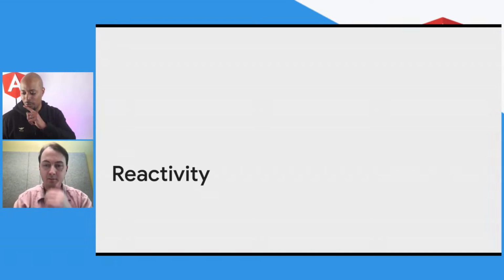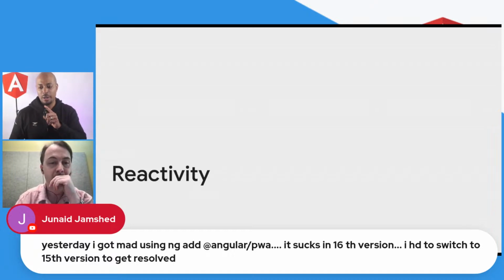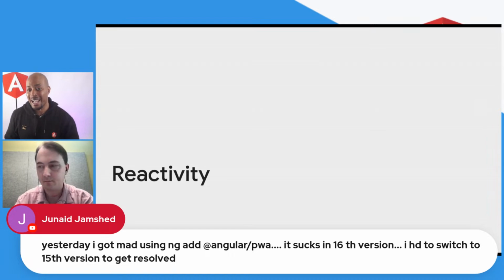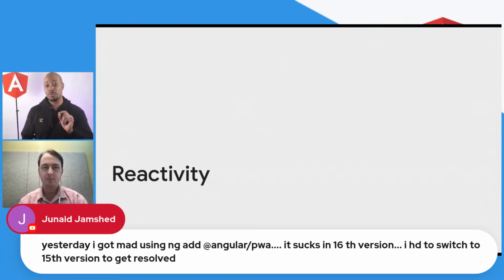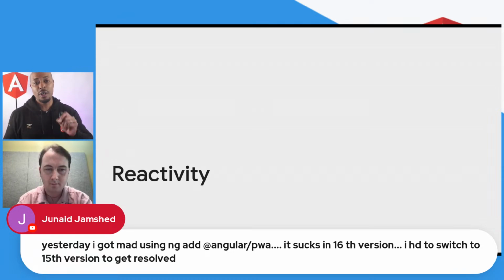Yeah. There's one comment from Junaid. This is something we're super aware of. ng add right now, there's a little bit of complexity because of the shape the application takes when you do a bootstrap application. A lot of schematics are looking for the module to add the PWA and other libraries to. We're actively working on that. And it's actually not as small of a change as one may consider. One may think that this is a pretty small change to fix. It's actually pretty complex because we want to make sure that it's robust enough to serve not only our schematics, but the schematics of other developer groups, right? So we want to make sure we do the right thing for everybody. But we are super aware of that feedback.